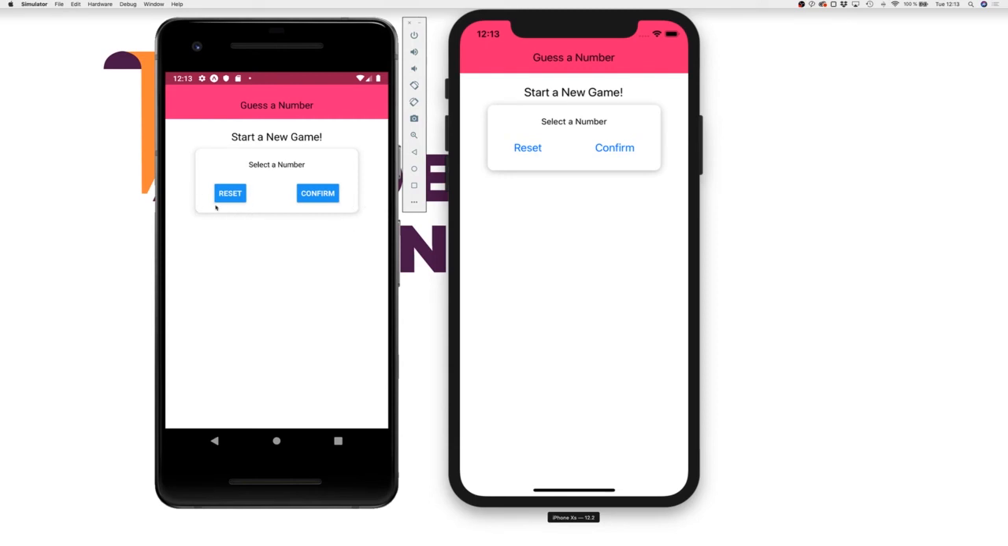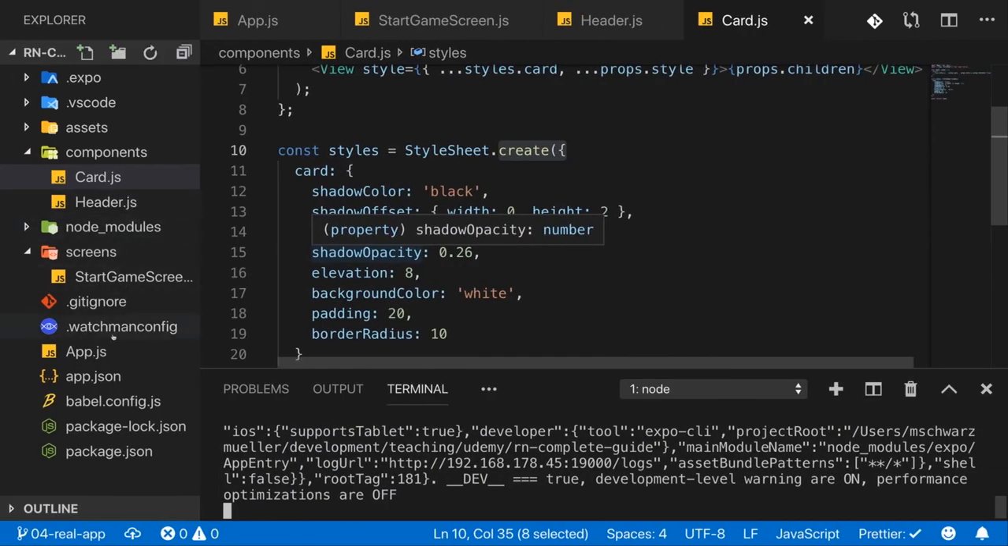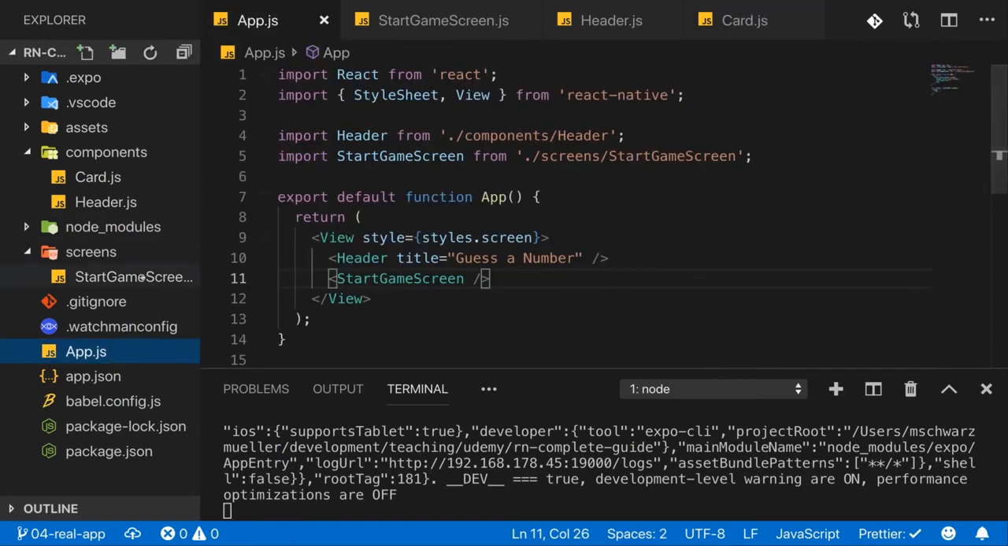They shouldn't take the full available width, but they should have an equal size, which makes sure that the text fits in there, and, well, that they're equally sized. So your chance to pause the video, thereafter we'll do this together. Were you successful? Let's make sure the buttons have the same size, and for this, in the start game screen